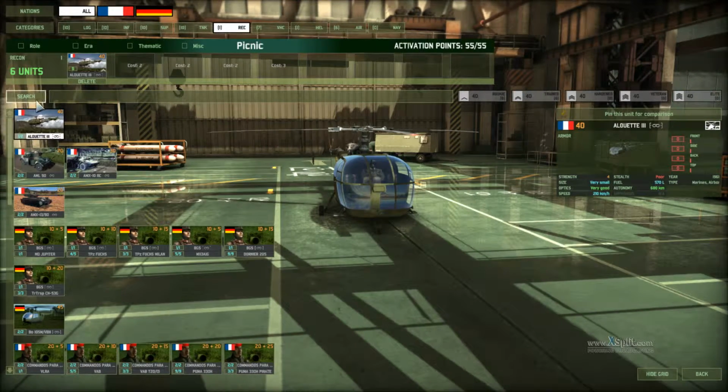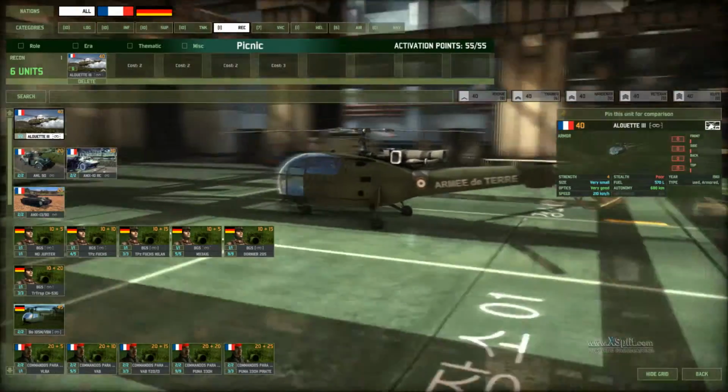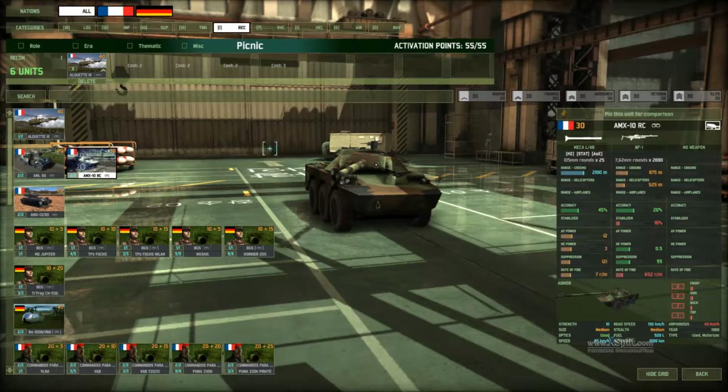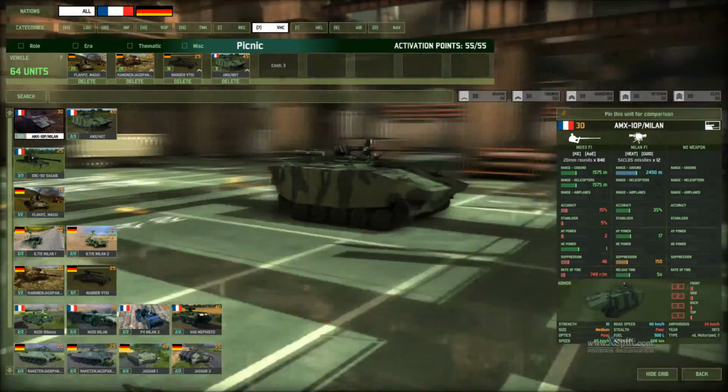Great cheap French helicopters that you can put on your flanks to make sure nobody's trying to engage you from the flanks or ambush you or something like that. So great units for just a side check, making sure nobody tries anything. Then our vehicles,